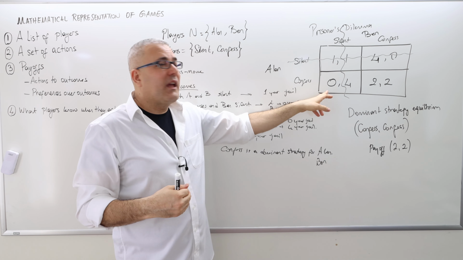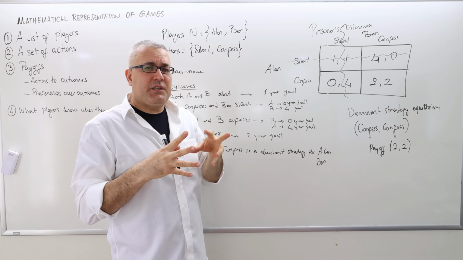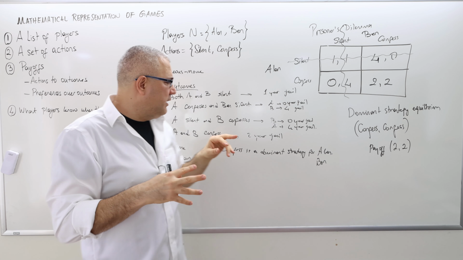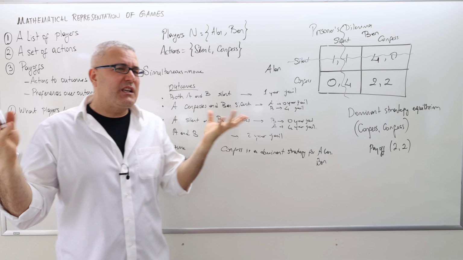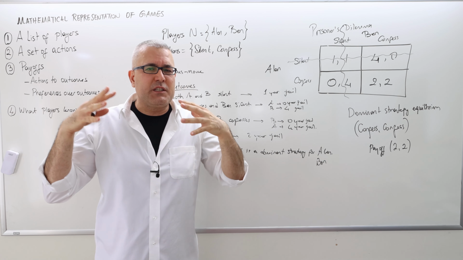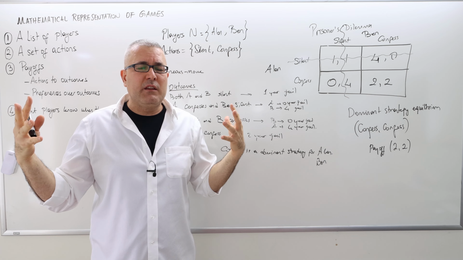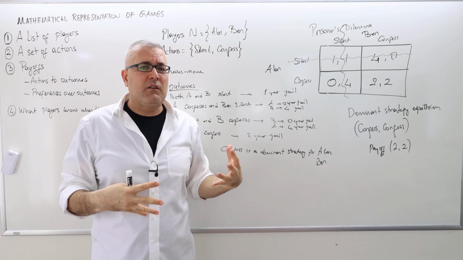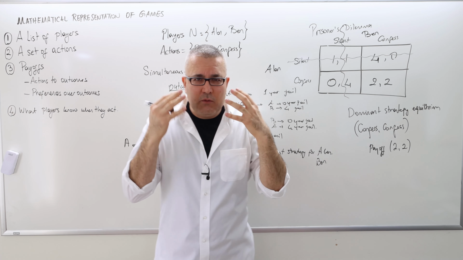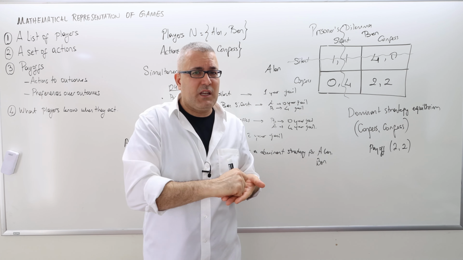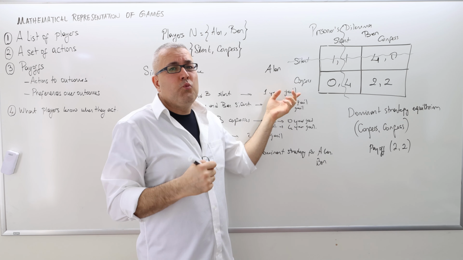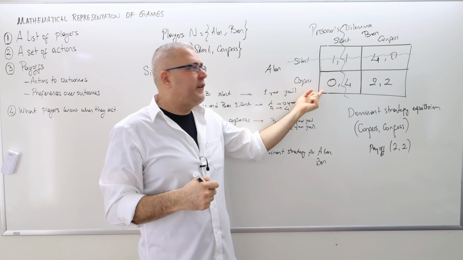Remember, you make a choice here, and the only thing you care about is minimizing your jail time, and then you die in a sense. There's no future. So there's no shame in doing the right thing for yourself. So even though you communicated with Ben and said, let's write down silent, you will actually choose confess